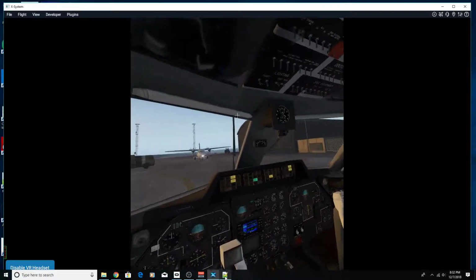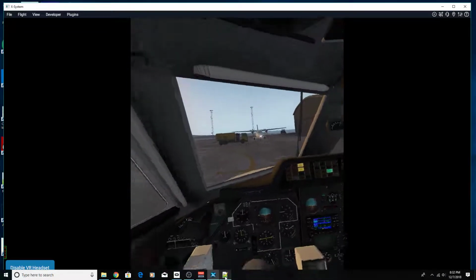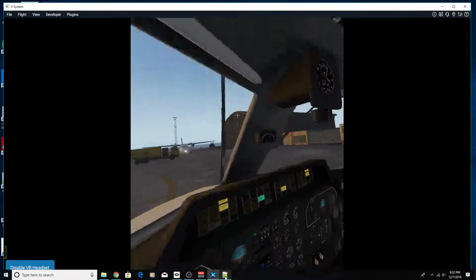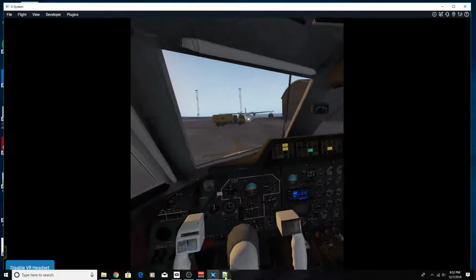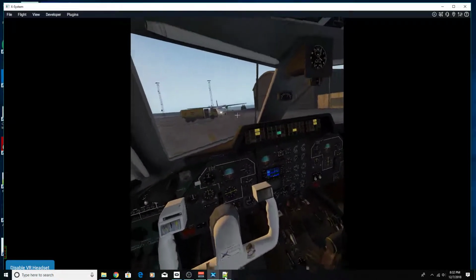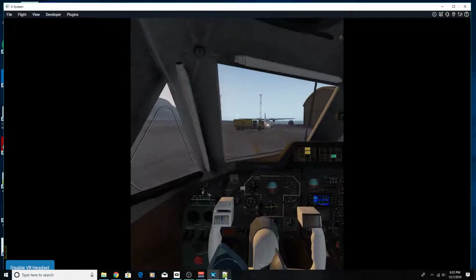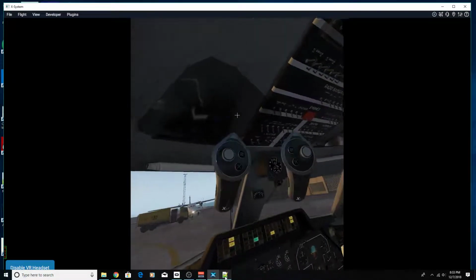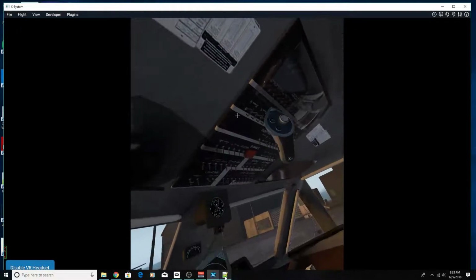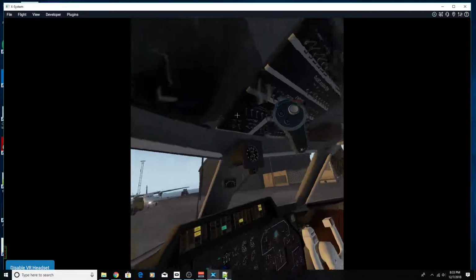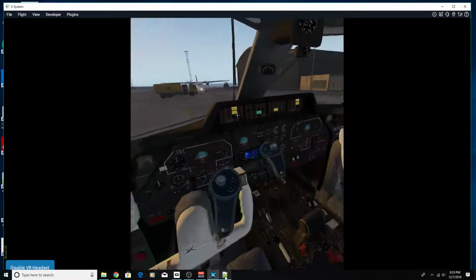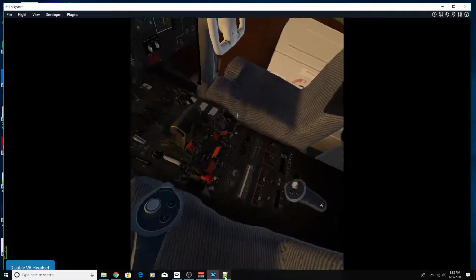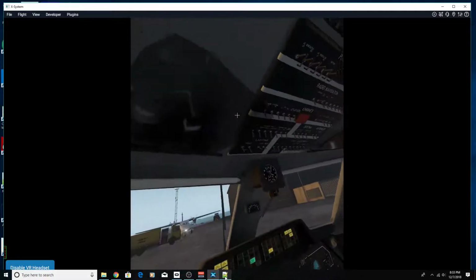Okay. Now the next thing I want to do is start tweaking through this whole thing. What I like to do is start logically inside the cockpit, okay? I like to work top down, so I'll go overhead, and then to everything on the panel, and then to everything on the console, okay? So,